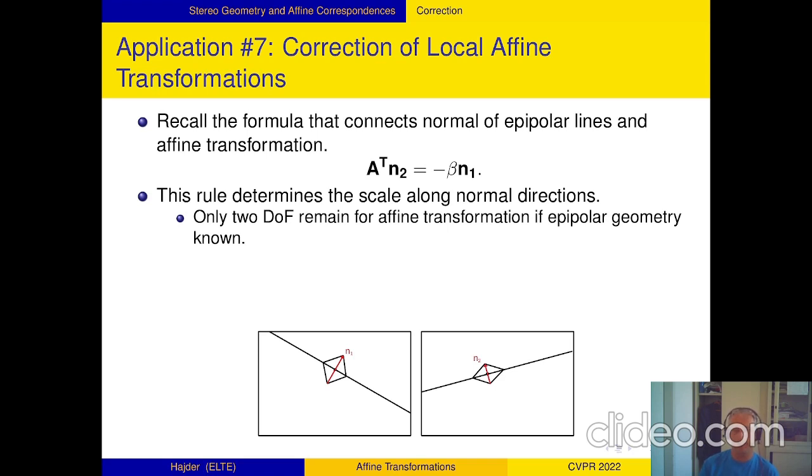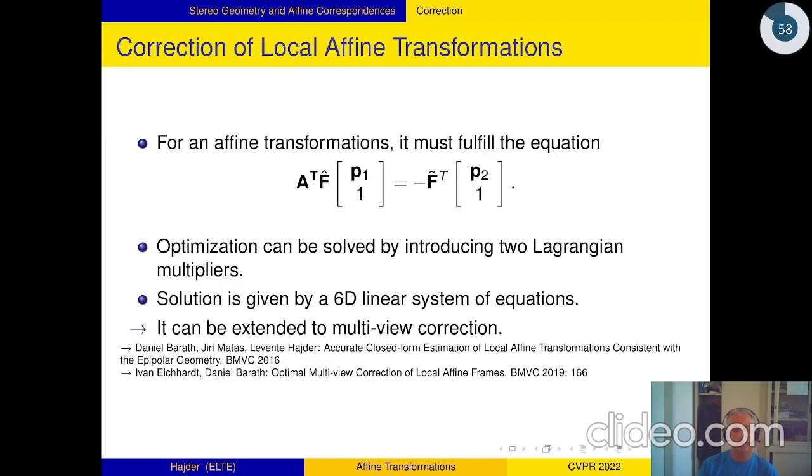The problem can be solved by applying 2 Lagrangian multipliers, and the solution is given by a 6-dimensional linear system of equations. So the problem is linear. The 4 affine parameters and the 2 Lagrangian multipliers should be computed, but since the problem is linear,